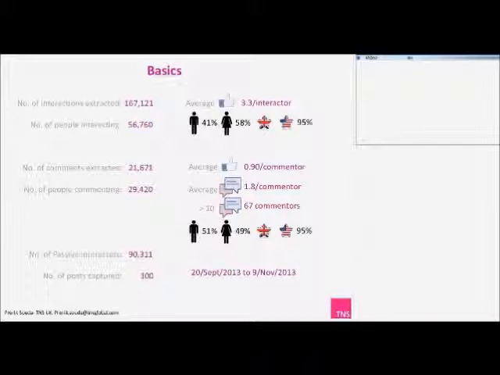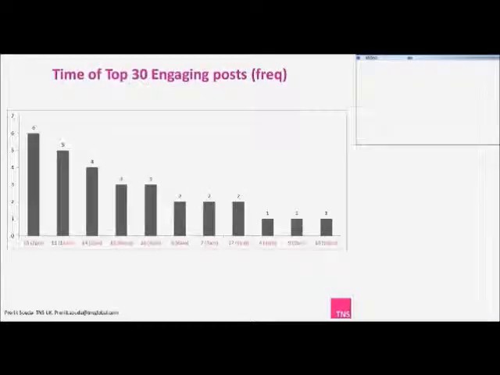I'm here talking about top engaging posts, and when I was looking at the basic statistics, I found that only looking at the top liked post or top commented post was not giving a comprehensive view of interaction. So I created something of my own, which I call an engagement index. It's basically a combined weighted score on post likes and comments for each post.